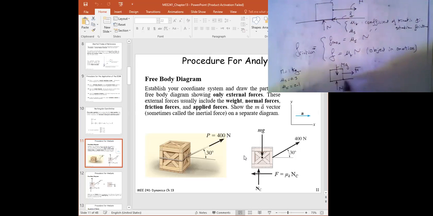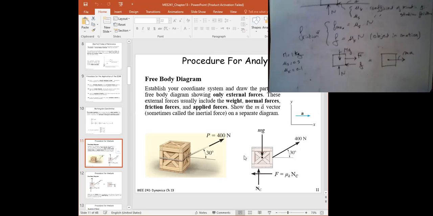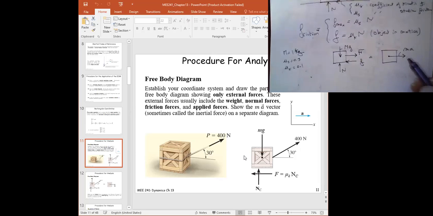So what we will do is put simply f, because we don't know the value for the friction. Deal? But here, what should I put on the acceleration diagram? We're going to put MA, exactly. We don't know what A is yet. So let's sum the forces in the X direction and see what happens.